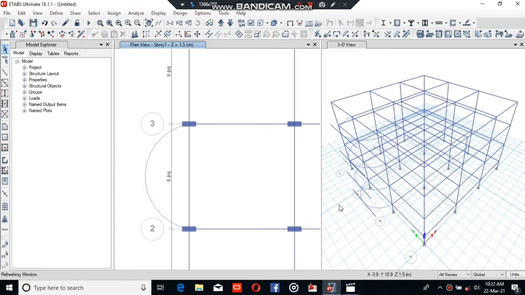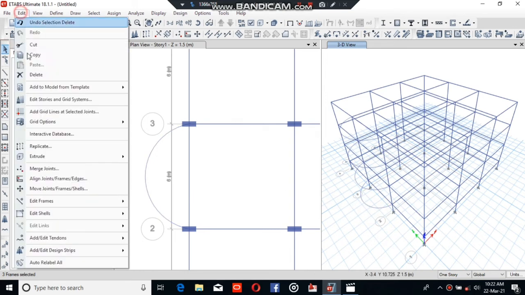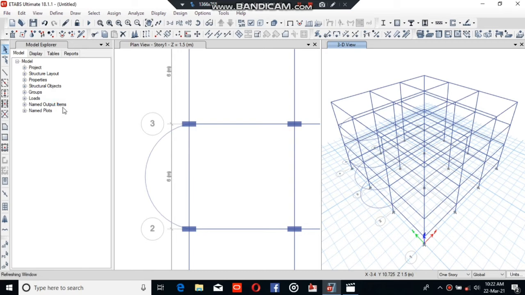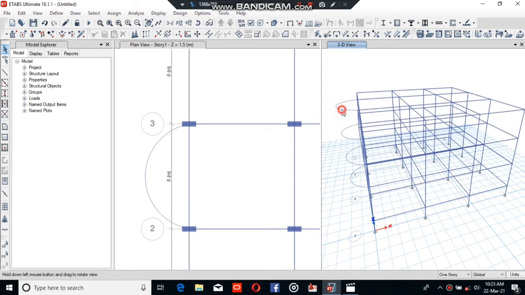So now delete the line. As you know, we have already selected all the stories, so the circular beam is assigned in all stories. We do not need it in the ground floor and top, so we will delete it from these 2 points. If you select one story and then replicate it to story 2 and 3, it is also a better way, but here we already selected all the stories, so we delete it. No problem if you want to delete it. If you select one story and then replicate to other stories, it is all easy for you.